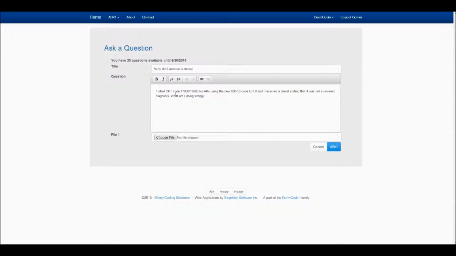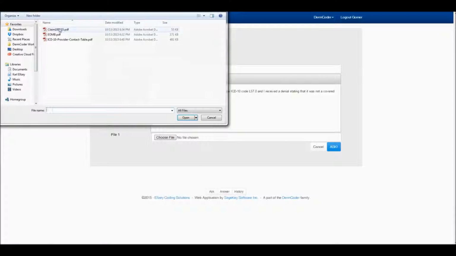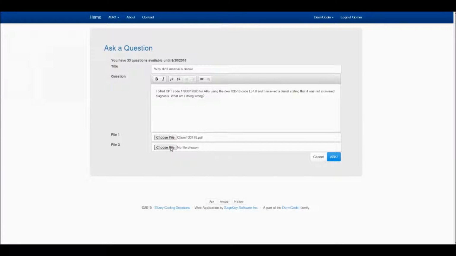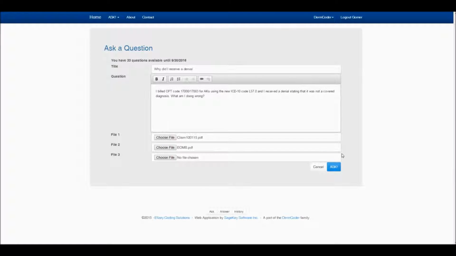All right, I've entered my question. I build CPT code 17003 for AKs using the new ICD-10 code L57.0, and I received a denial stating that it was not a covered diagnosis. What am I doing wrong? I'm going to actually attach some documents to this. I'm going to choose a copy of my claim. I'm also going to choose a copy of the EOB that I got back, and I am going to hit